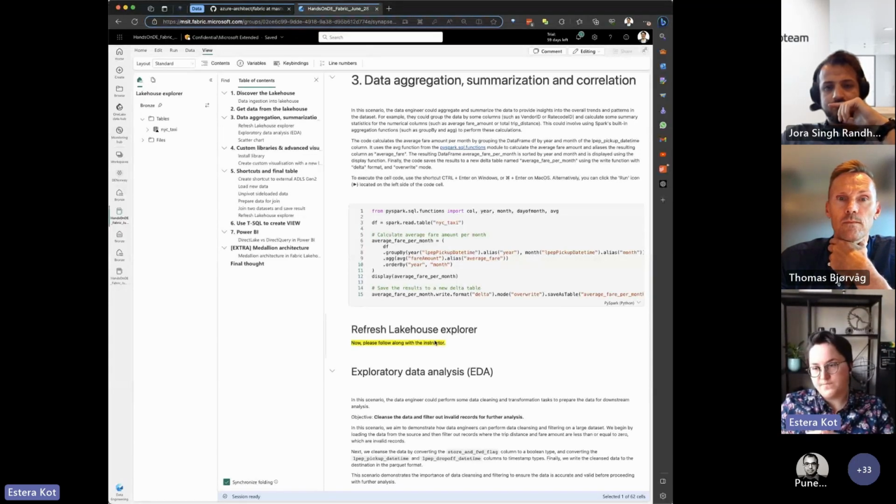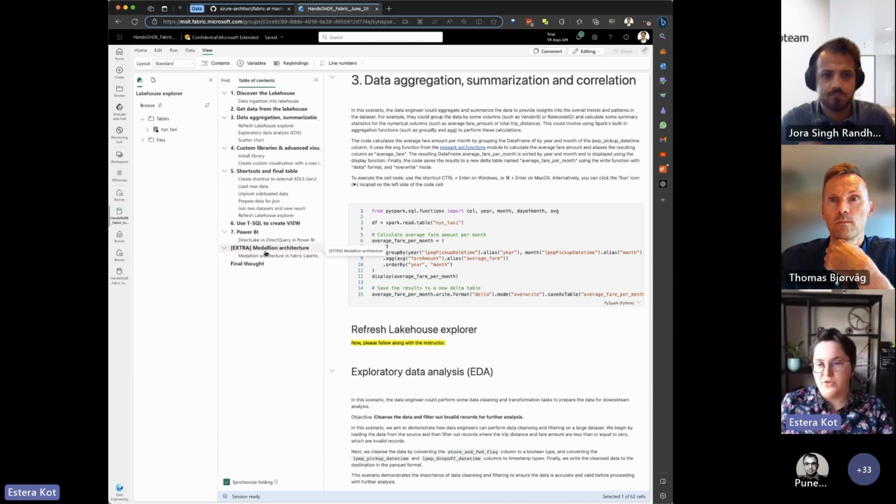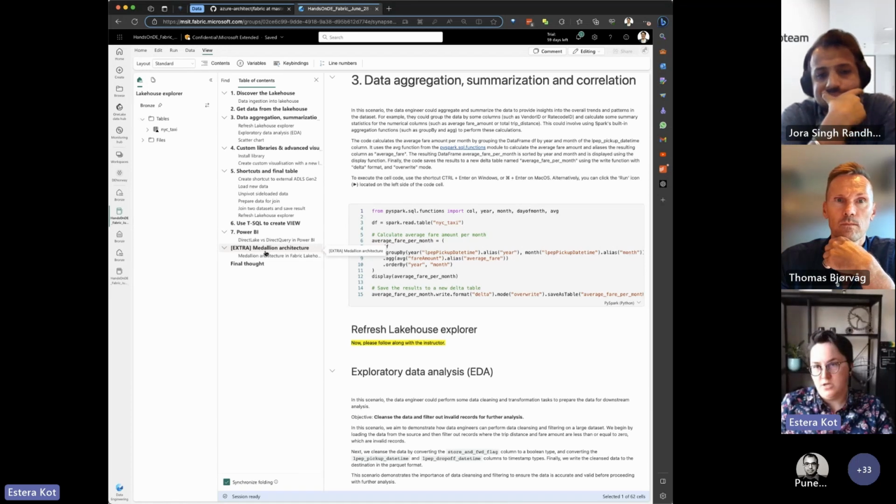But for the purpose of this hands-on lab, I'm just using the same bronze Lakehouse, but keep in mind that the extra materials here are about medallion architecture, which you can implement very efficiently in Fabric.